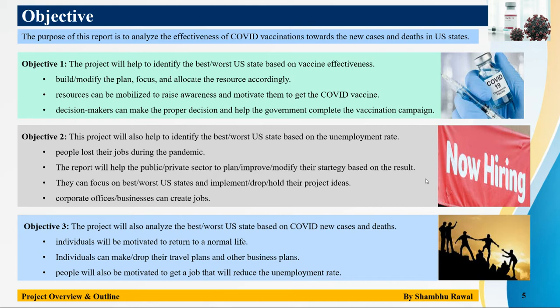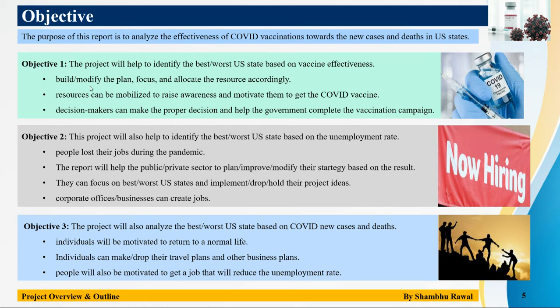Objective: the purpose of this report is to analyze the effectiveness of COVID vaccines towards the new cases and deaths in US states. The first objective of this project is to identify the best and worst US states based on vaccine effectiveness. Based on this report,